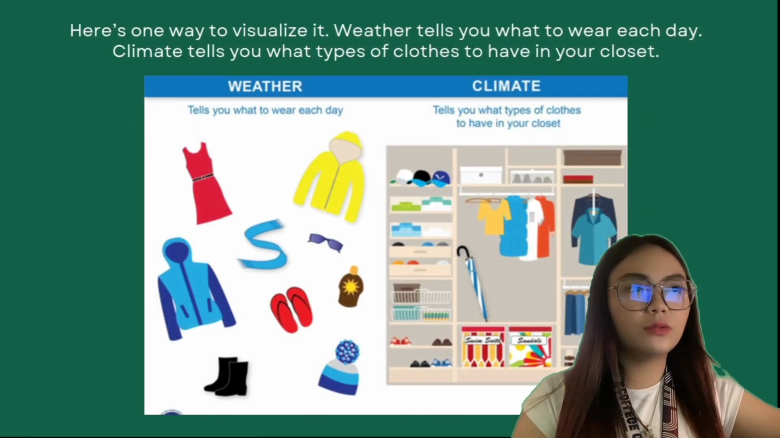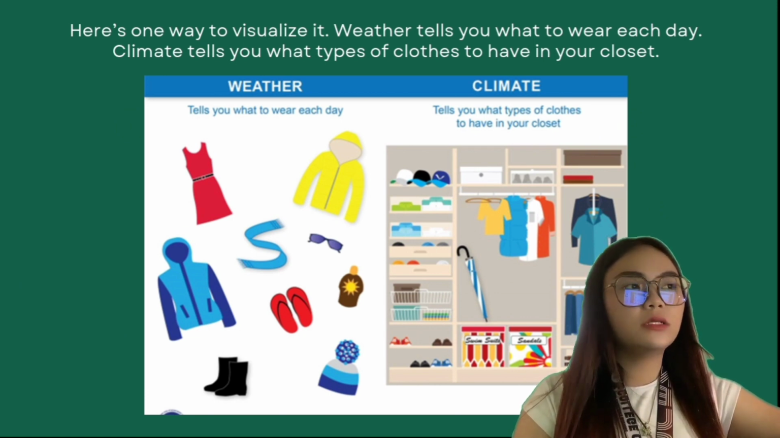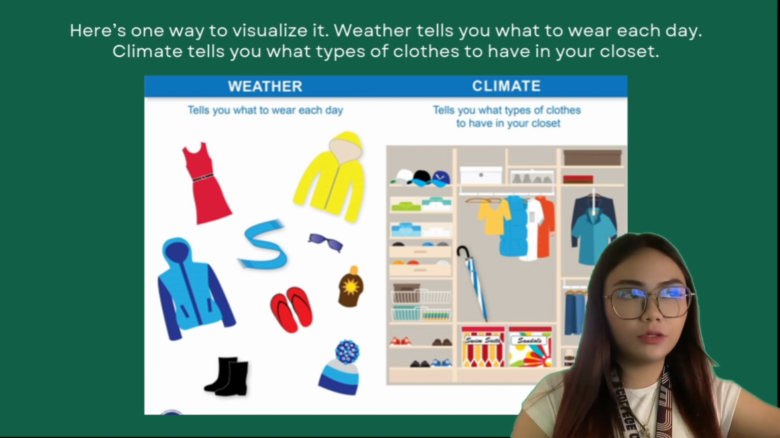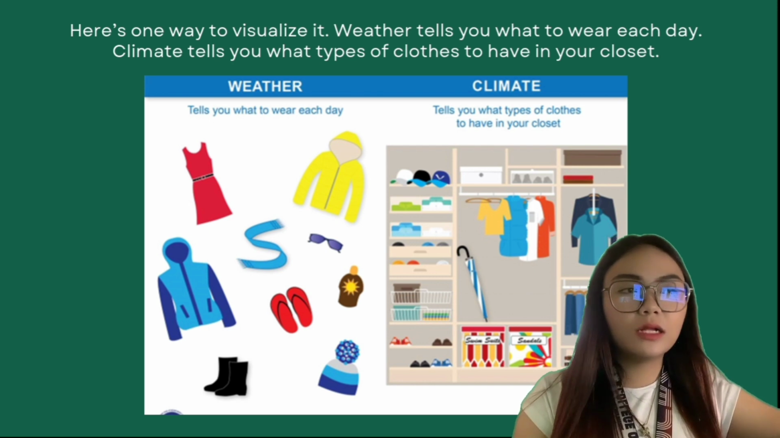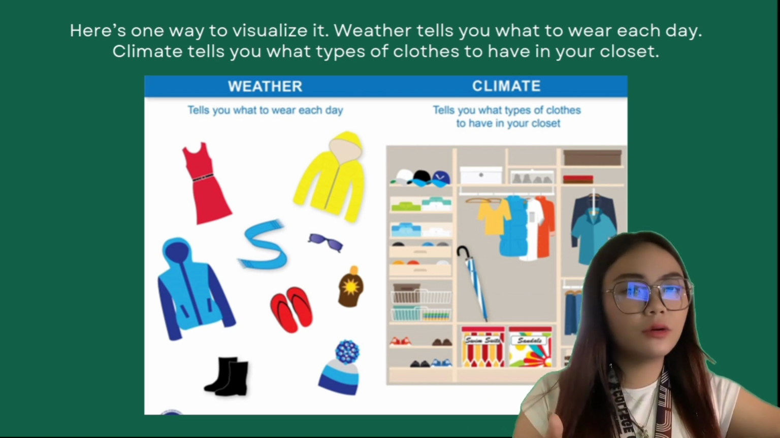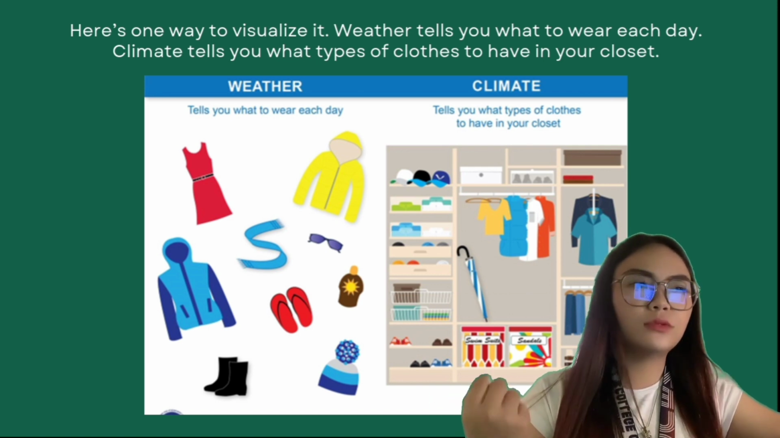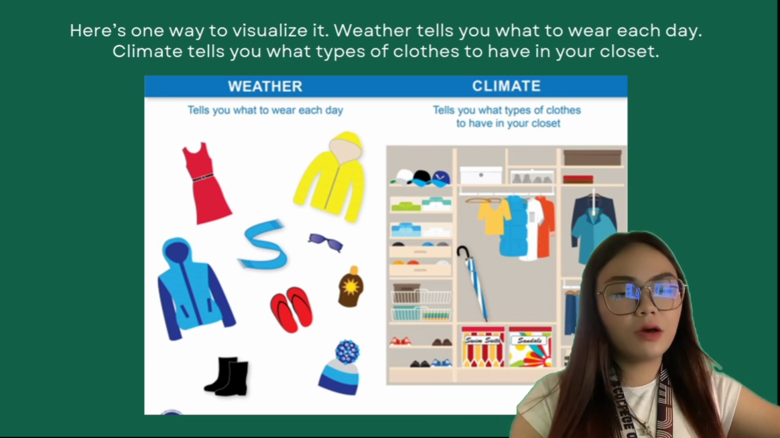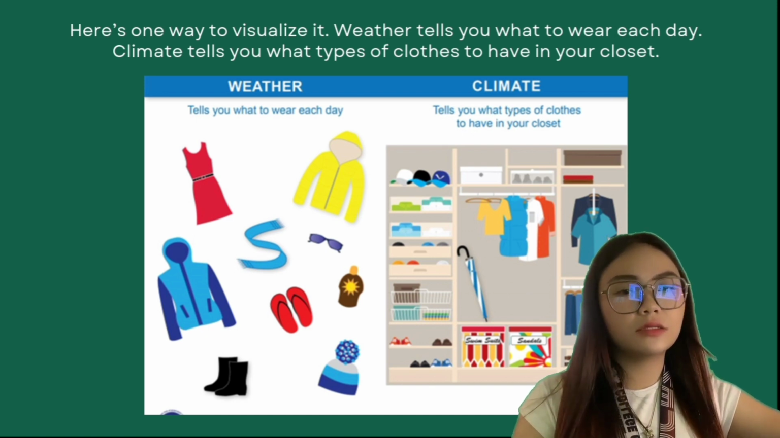So here's one way to visualize what weather and climate differentiates. Weather tells you what to wear each day and climate tells you what type of clothes to have in your closet. And based on that, ang mga susuot lang natin ay, for example, ngayon ay maaraw kaya magsasando tayo. Kinabukasan ay uulan kaya malamig, kaya magsusuot tayo ng jacket. If you live in countries such as in the Philippines, we only have weather that has two seasons, the wet